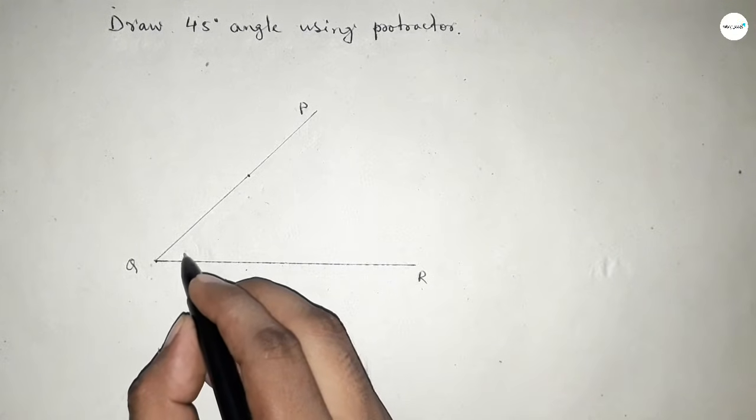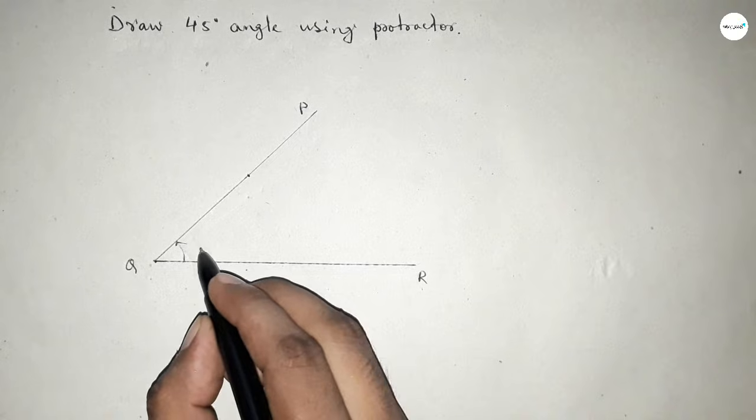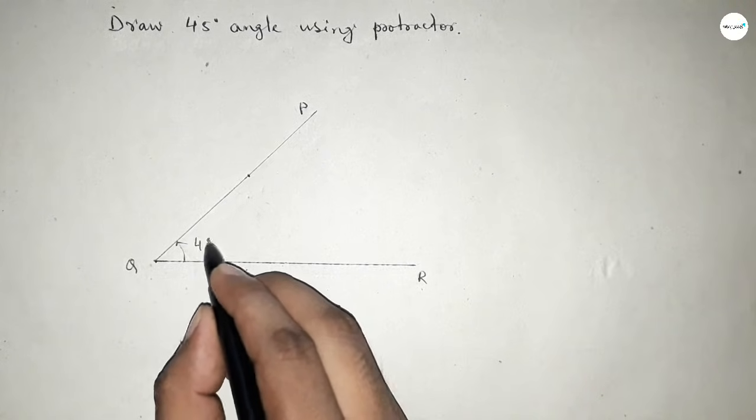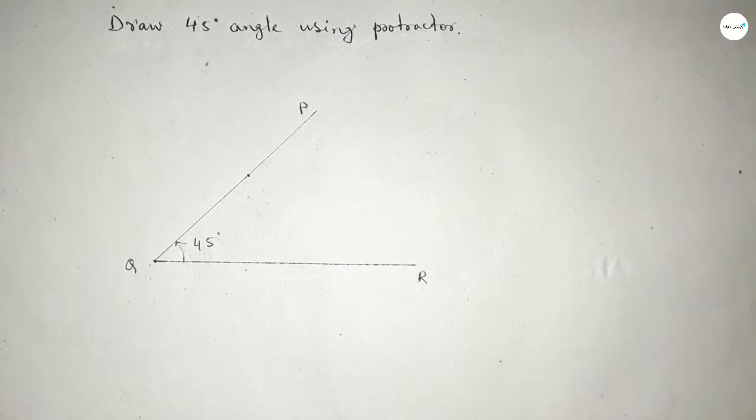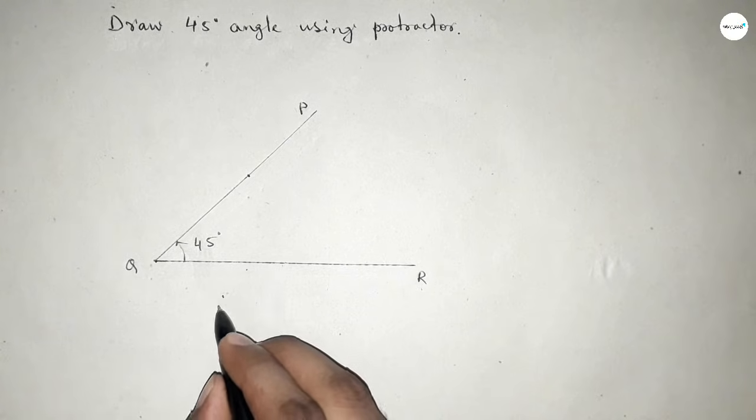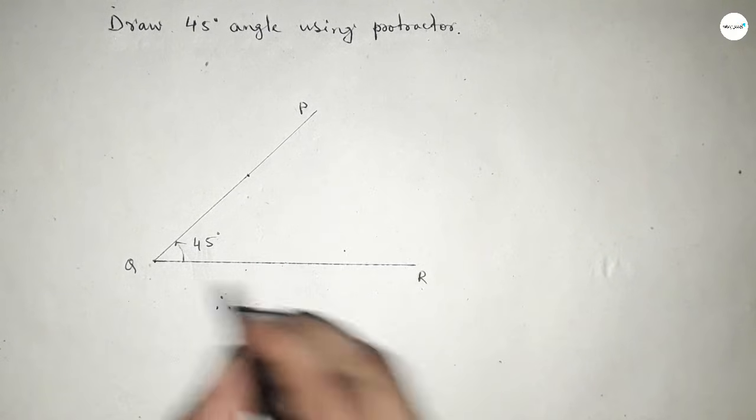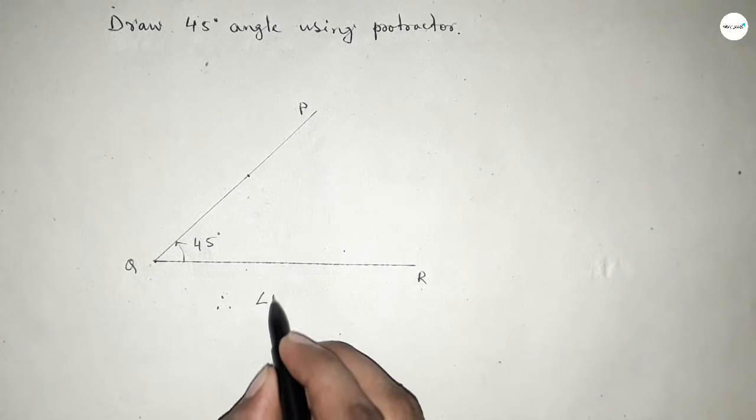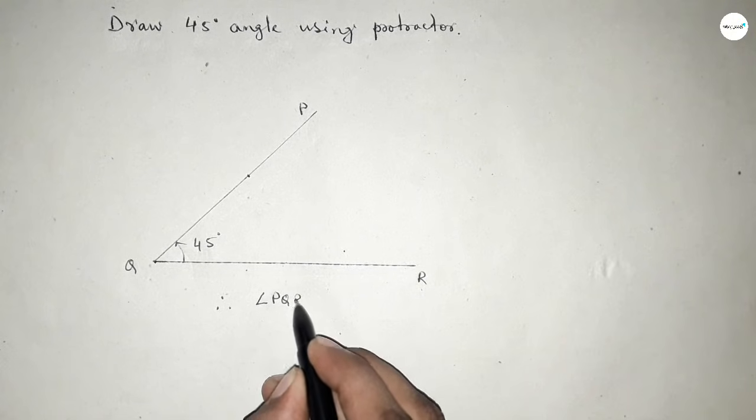So angle PQR is 45-degree angle. So therefore angle PQR equal to